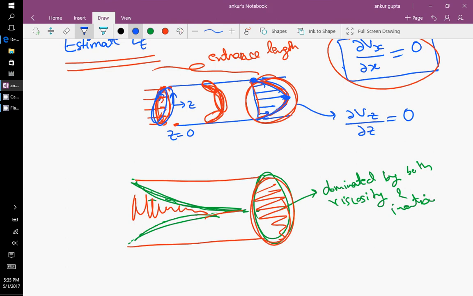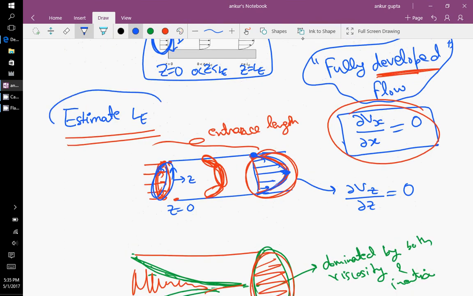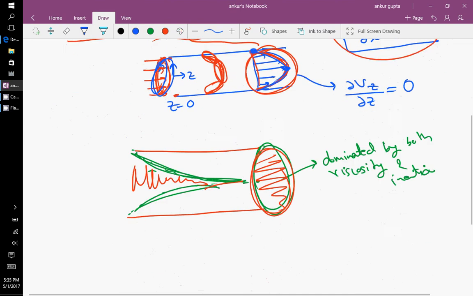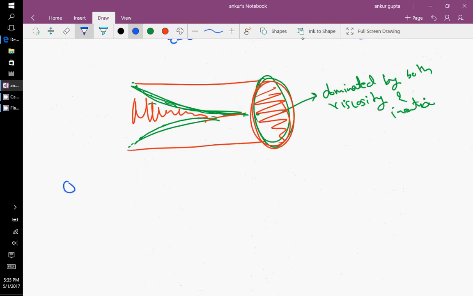So now let us think about how we will solve this problem. If we have to estimate this length, how will we estimate this length? Let's first start with our order of magnitude analysis, which is what the problem also suggests us to do. And for order of magnitude analysis, we will go back and pick up the equations that we have been doing till now, which is basically we'll first do the equation of continuity, and then we'll do the Navier-Stokes